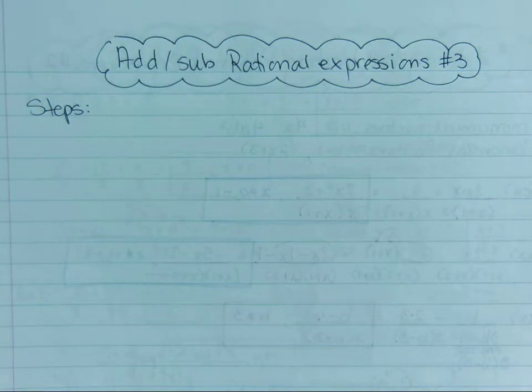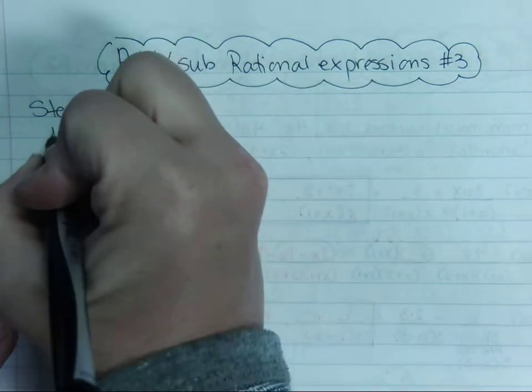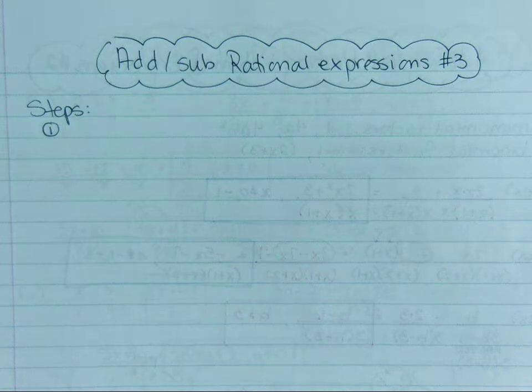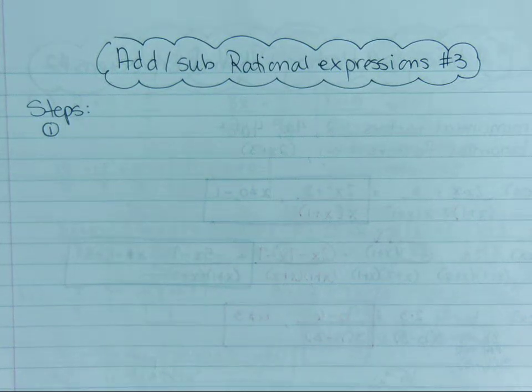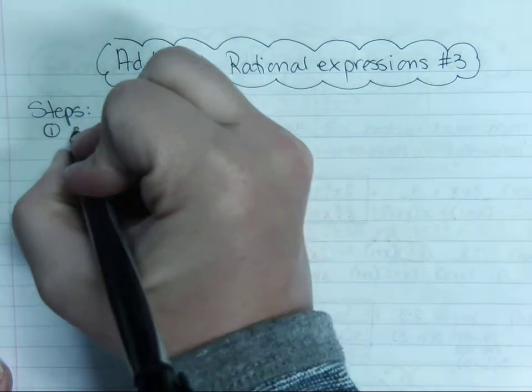All right, so let's just go over your steps, kind of everything that you're going to have to do starting from now. So the first thing that you're going to have to do is make sure that all of your denominators are completely factored. All right, so completely,